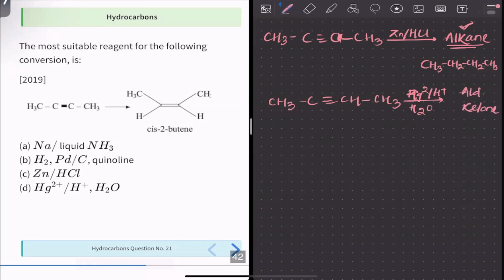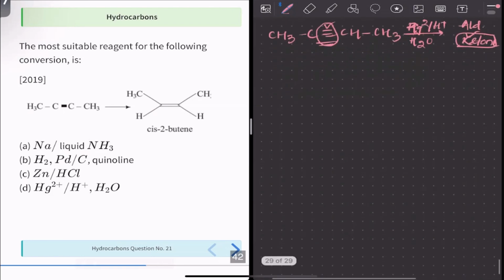In this molecule, as it has no terminal triple bond, it will give a ketone. Okay, so let's use option B, CH3 C